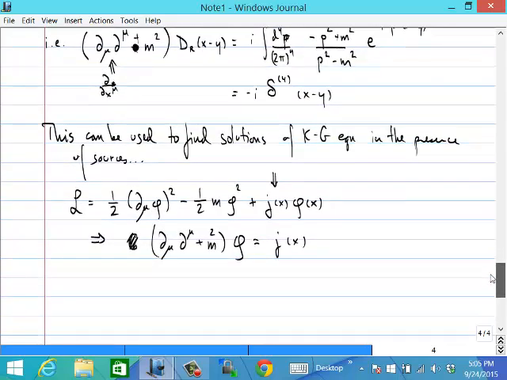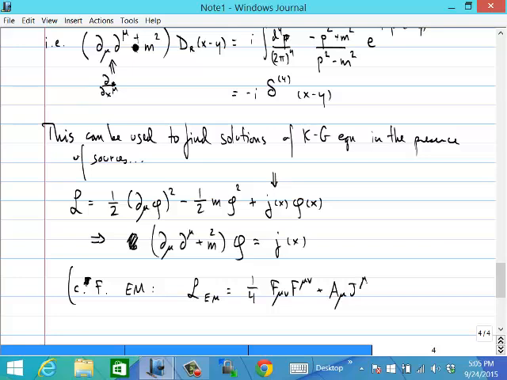And in your mind, you should compare this to electromagnetism. So in electromagnetism, as you saw last week, the Lagrangian of electromagnetism is 1/4 F mu nu squared, but if you want to include some electromagnetic sources, you include the current 4-vector, and you add it to the action like so,